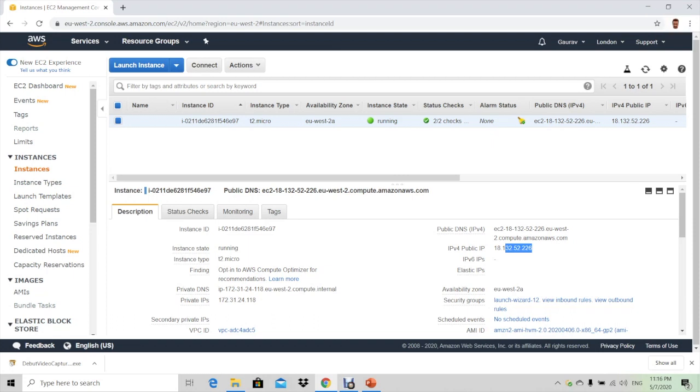While launching this EC2 instance, I chose an Amazon Linux AMI, and because Amazon Linux AMI allows ec2-user to connect using SSH, I will use ec2-user. But for different AMIs with different operating systems, the username might be different, so you need to make sure you are using the right user.